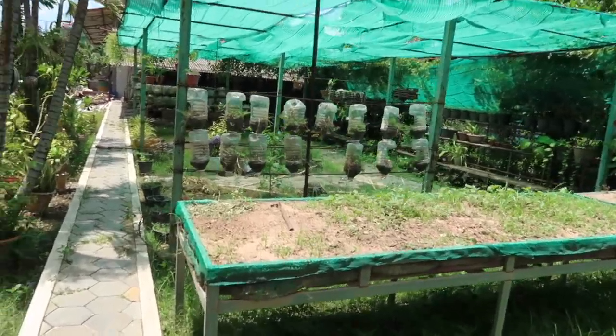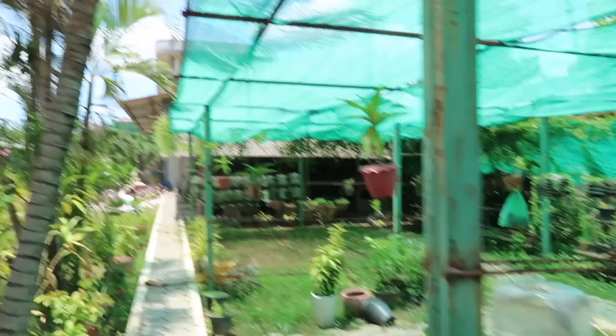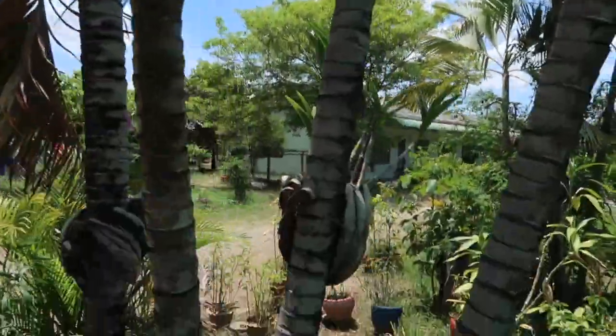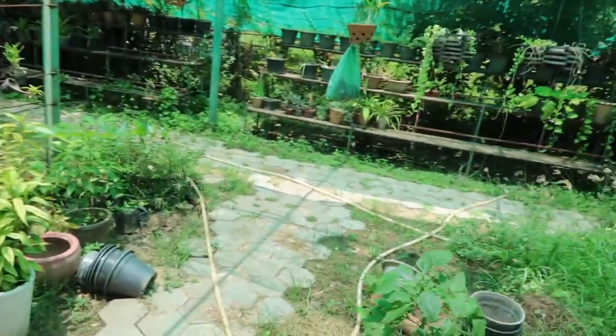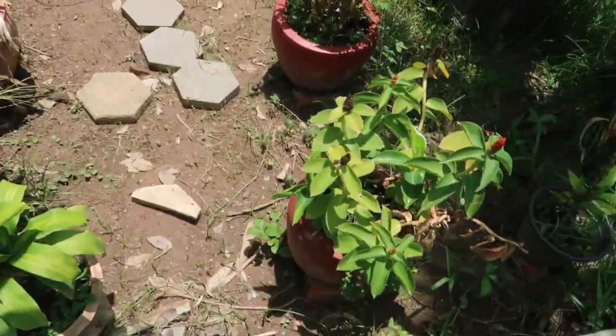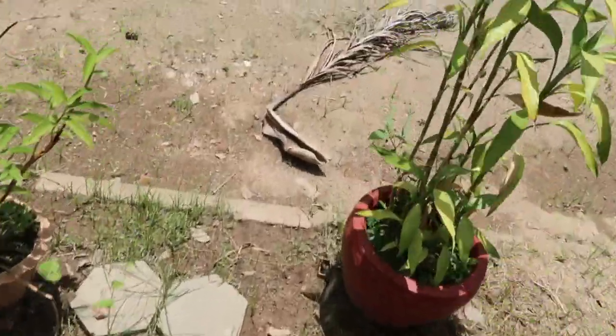Here is some more gardens. There's palm trees. It's a beautiful day. It's actually pretty hot, so I'm going to try to find the shade, but I just wanted to show you guys how beautiful it is. Oh, they're making a little pathway. Let's do it. Let's take this little...